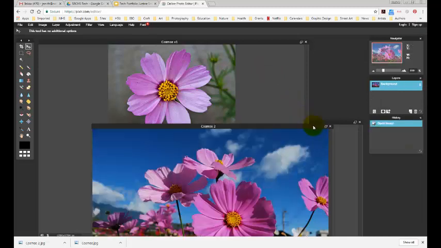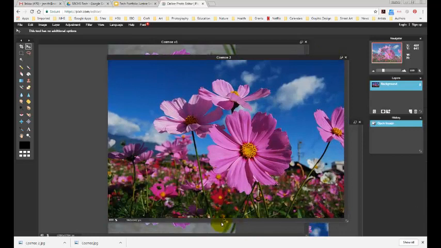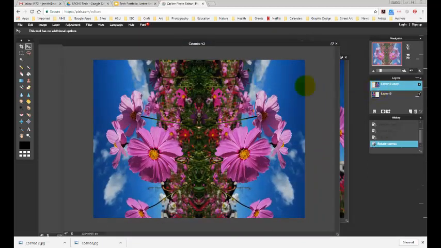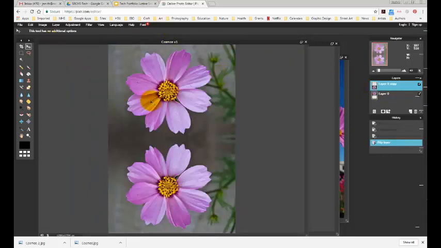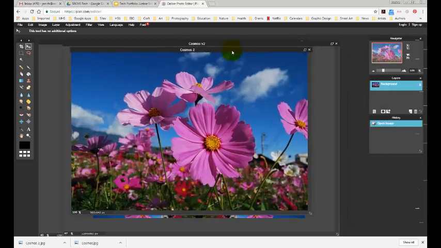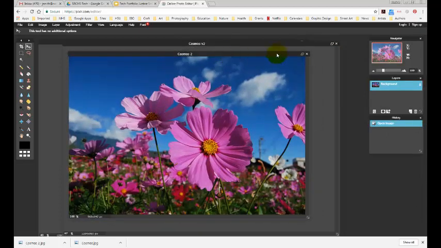So here's another version of a cosmos. This cosmos has these lines of the stems that are going to the edges, and it has all this green and pink in the background that could look kind of interesting. So when I do the mirror image effect on this one, this is what I came up with. And it does look a lot more interesting than just the plain cosmos just in the center. So make sure when you're looking for your images that you choose something that has interesting lines that touch the edge. I'm going to use this cosmos as my practice image,